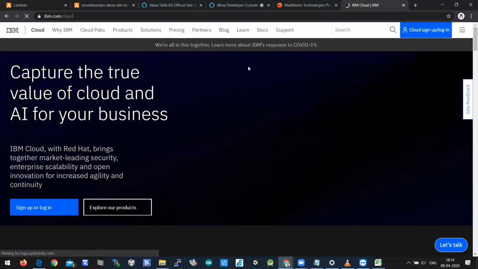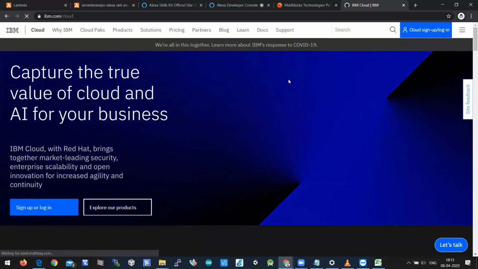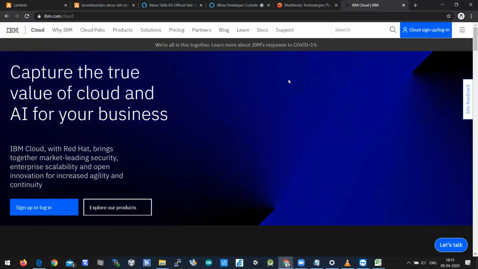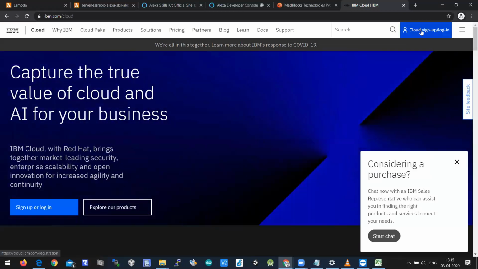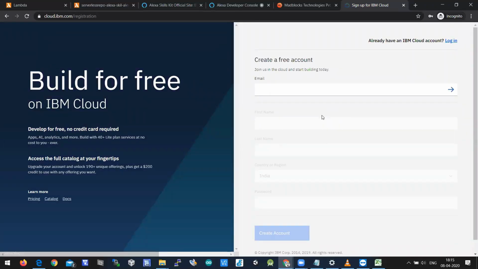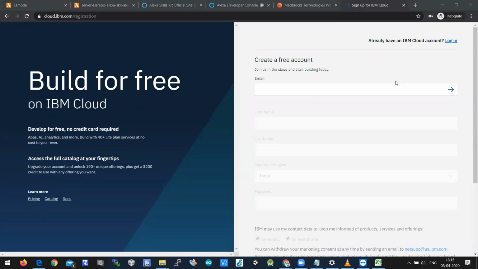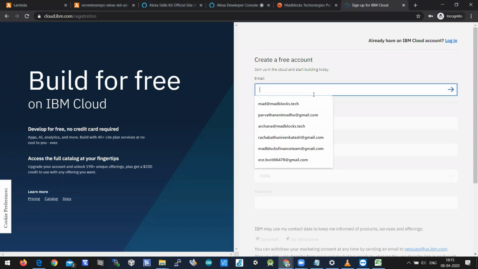here you need to click on sign up if you want to create an account, or else if you already have an account you can just log in, so that the dashboard page will open for IBM. I'm just logging into IBM Cloud. So this is a URL where you can see my screen, right? If you have any queries you can post me in the chat, okay? I'll reply accordingly. So my email address is this.